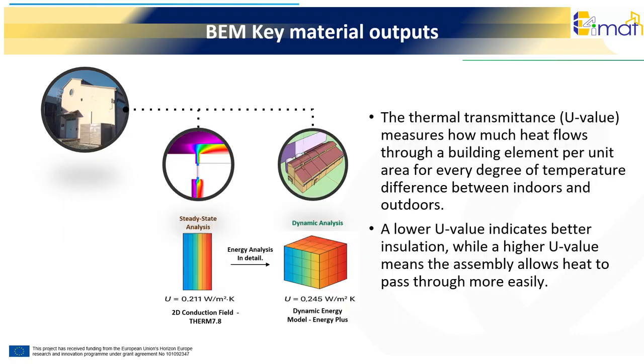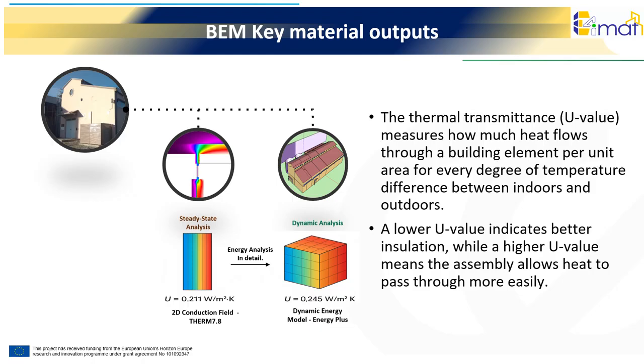In regard to material characterization inside the simulated environment, the BEM can calculate the construction's U-value, also known as thermal transmittance, for each construction described in the building. The U-value measures how much heat flows through a building element, such as a wall, roof, floor, or window, per unit area for every degree of temperature difference between indoors and outdoors. Generally speaking, a lower U-value indicates better insulation, while a higher U-value means the assembly allows heat to pass through